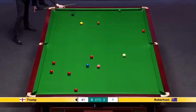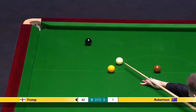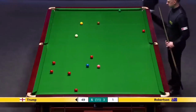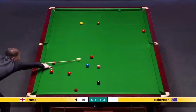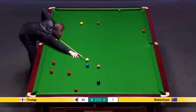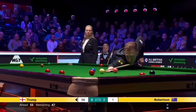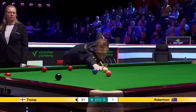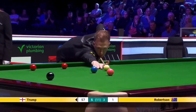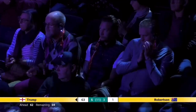It's there. And if he misses the brown, he'll be on the black. 1. He's on the black. So this is it. Frame match winning chance. He's played this one well. Judd Trump, to say how badly he was playing pre-interval to what he's done post-interval has been,